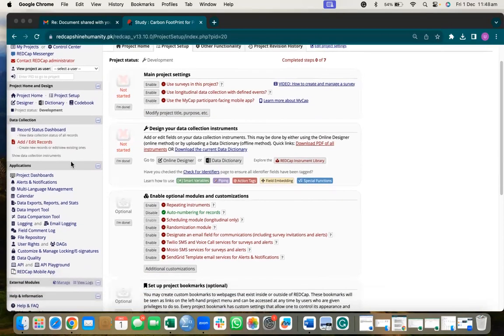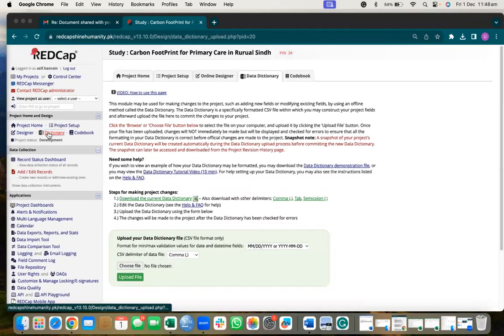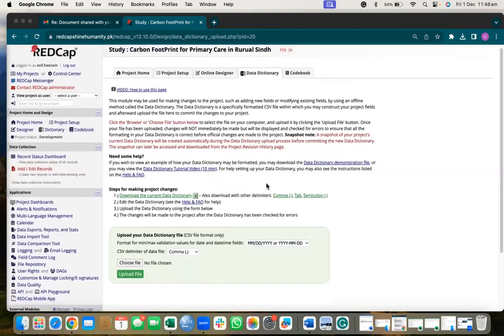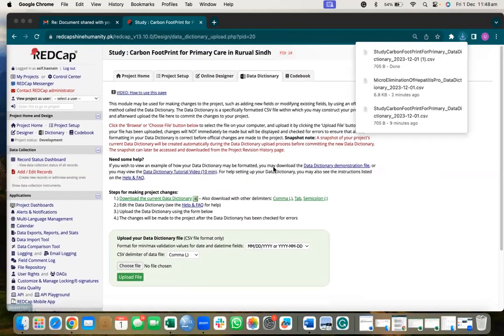So what you first need to do is go on to your data dictionary. We click on this tab right here, and you will see this page. On this page, you can click on download the current data dictionary. Once you click on this button, a CSV file will be downloaded on your computer,